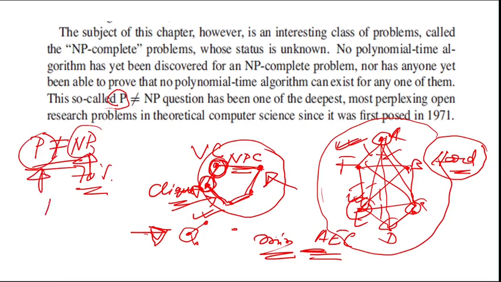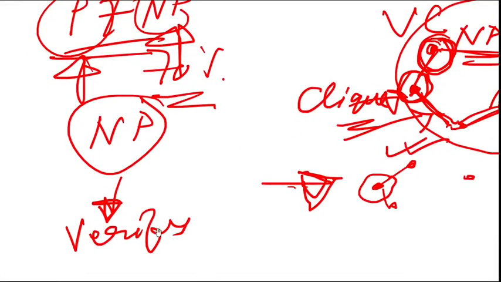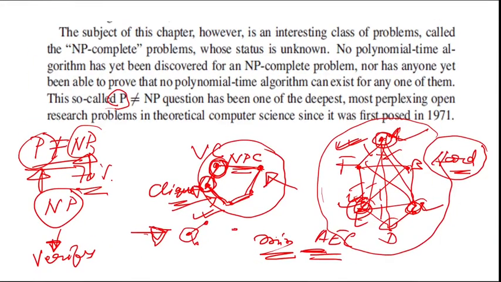Achha, what to do with the NP problem? If I am not getting the solution, what do I have to do? People say, okay, if I am not getting a solution, I will verify. Just verify. The meaning is, let's say it is a vertex cover with 6 vertices. If I give you vertex A, vertex E and vertex C, and ask you to just verify whether they are connected and cover the edges, you can quickly check the connections only. Not the whole solution, but some part of it. That is called verification.